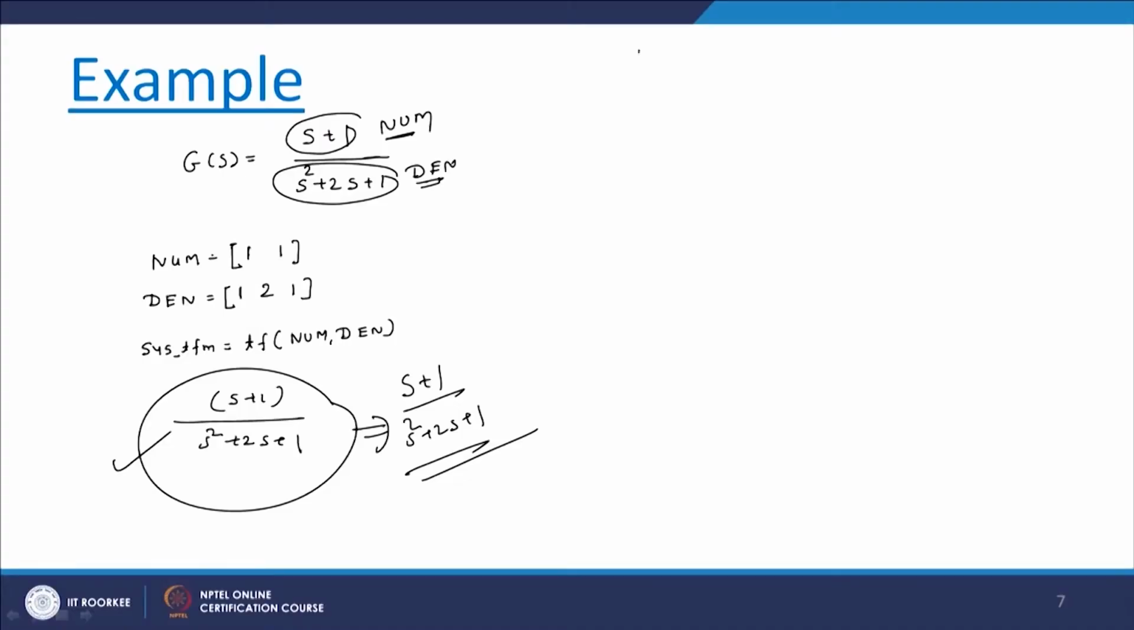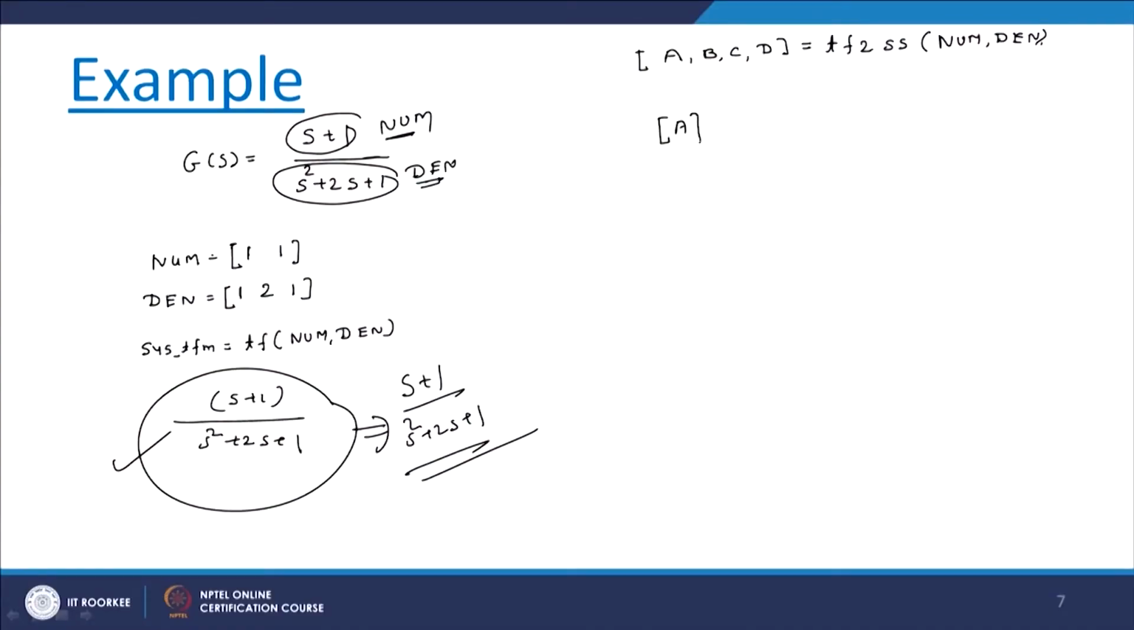is tf2ss. So, here we can write a command as [A, B, C, D] equals tf2ss(num, den), that is, TF to SS, numerator NUM, denominator. So, if you use this command, the result which you will obtain using MATLAB,